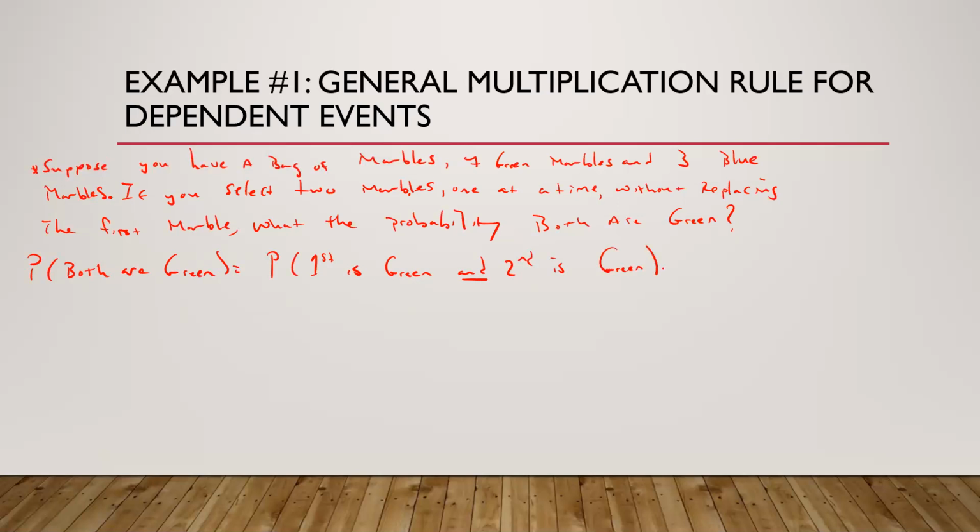Okay, but now here's the thing. So you see Julia has it right there, but I'm going to walk you through it, okay? When you see this type of problem, the and statement tells me multiplication. So you just have to ask yourself, are these independent or dependent events? When you're not replacing the first marble, if you get a green on the first marble, will it change the probability you get a green on the second marble? Yes, absolutely it will. If you get green first, there's going to be one less green marble in there to select when you go to get another one. So these are dependent events.